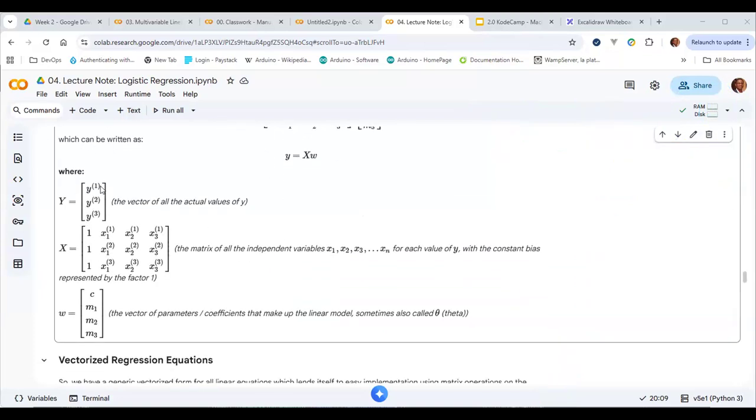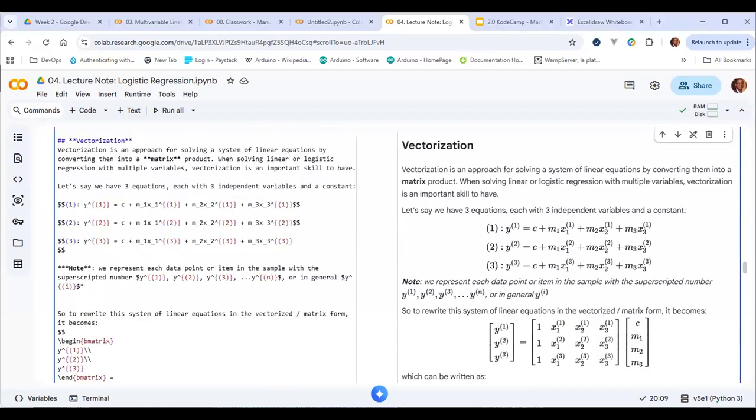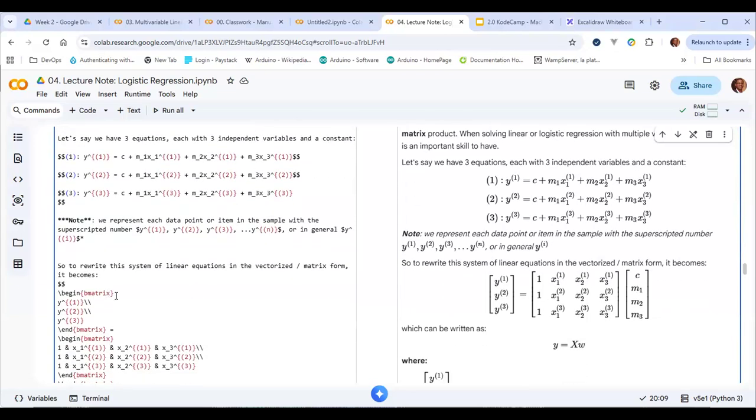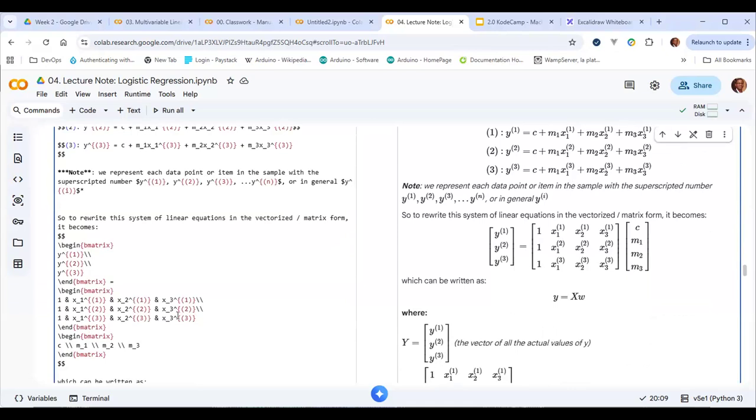So that is what I just explained. The y basically should actually be a lowercase y, not an uppercase Y, right? Should be a lowercase y. So the y represents the whole